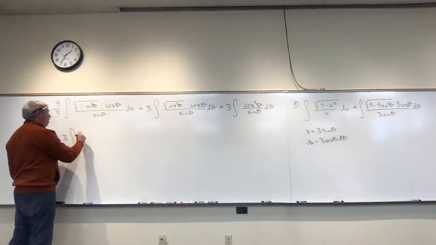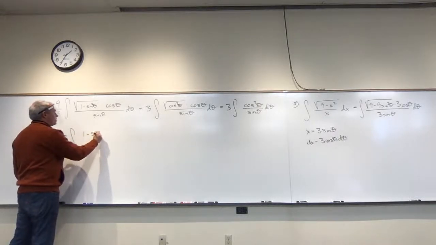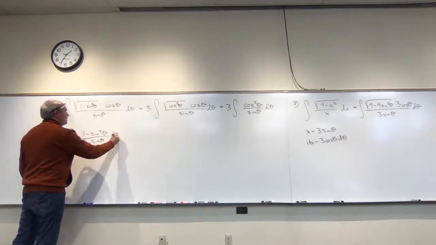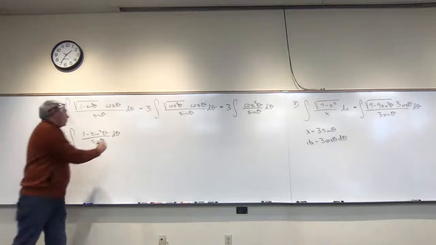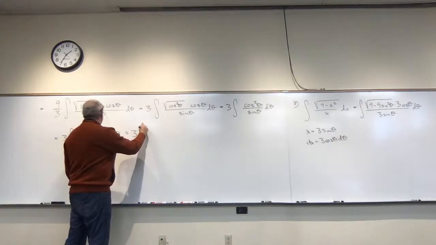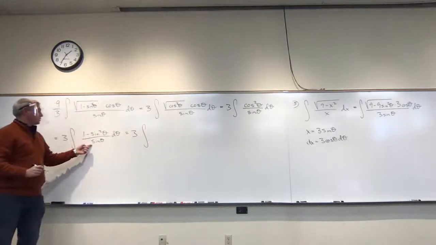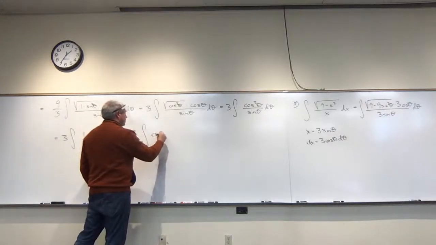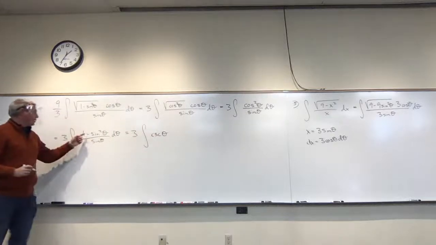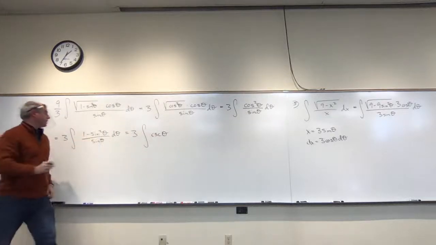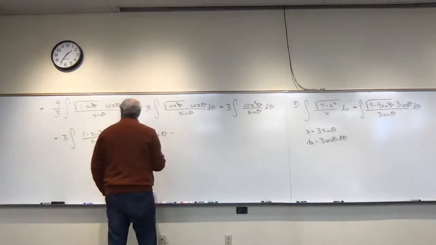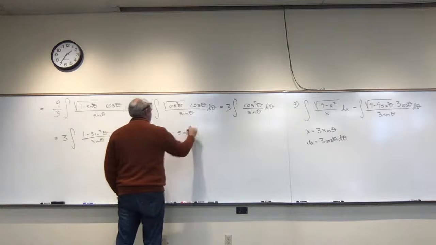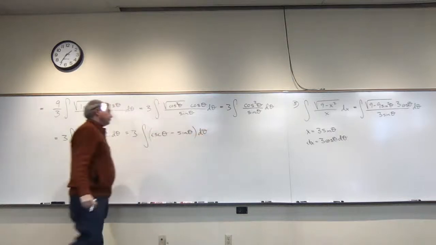Okay, so this is the integral of 1 minus sine squared theta divided by sine of theta d theta, which is 3 times the integral of 1 over sine of theta, otherwise known as cosecant of theta, and minus sine squared over sine is just minus sine of theta d theta,